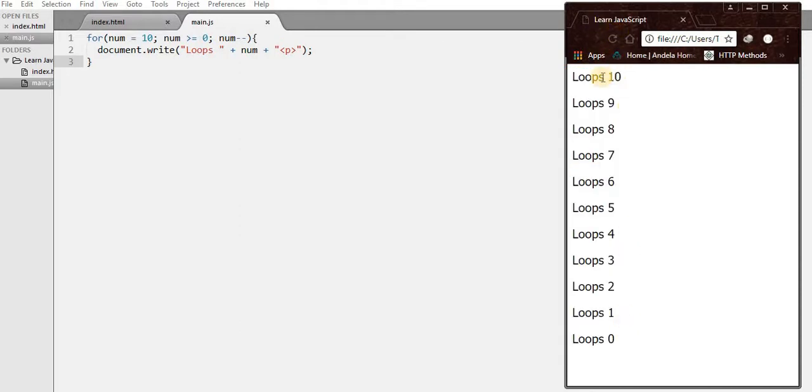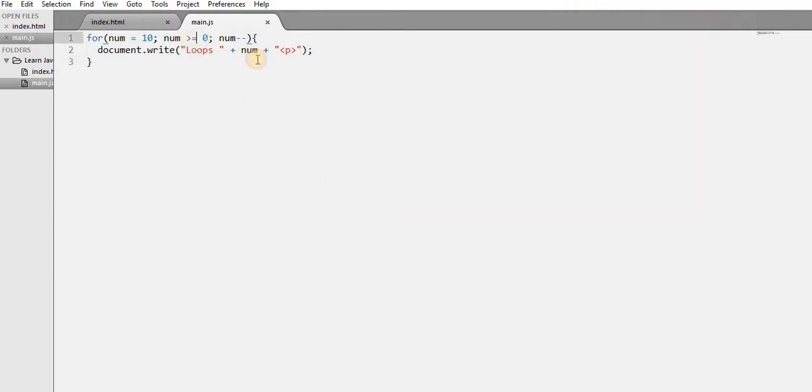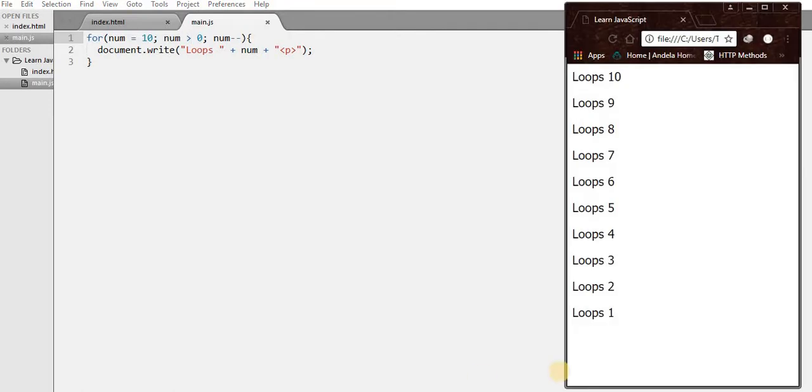So you know, I told you earlier, first of all, it will output the value 10 on the screen because that is the initial value we're having here, and then the last value to output on the screen is 0 because we said the value is going to be greater than or equal to 0. And 0 is the last number because it's equal to 0. So supposing I come here and I take this equal to off, you will not see 0 there again. Refresh, you see 0 is gone. This is to say 0 is not greater than 0 anymore.